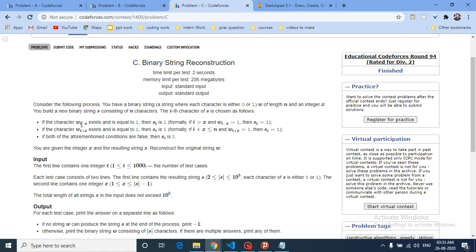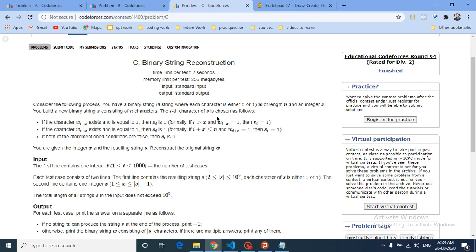While iterating over the W string, you build a new binary string S from it.